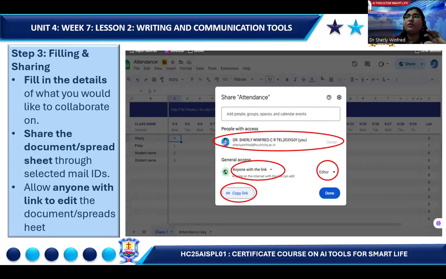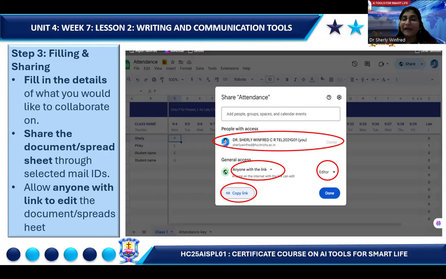You're going to work on the document, you're just filling it. After you work on a few things, you realize you need to collaborate with somebody. So what you need to do is simply share that document. You will be the owner of that document, whether it be a Google document or a Google sheet. Now you can see here, you can copy the link and you can share the link